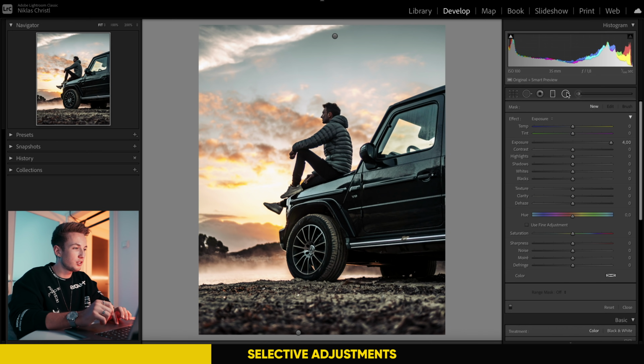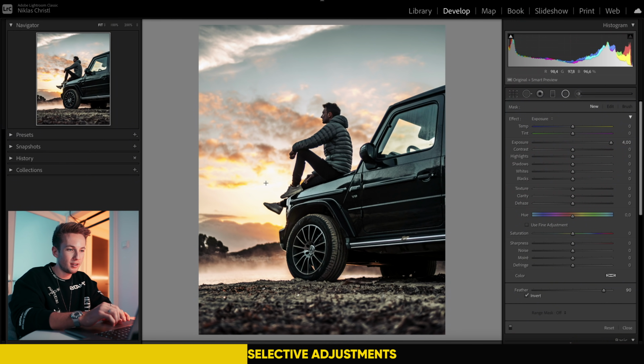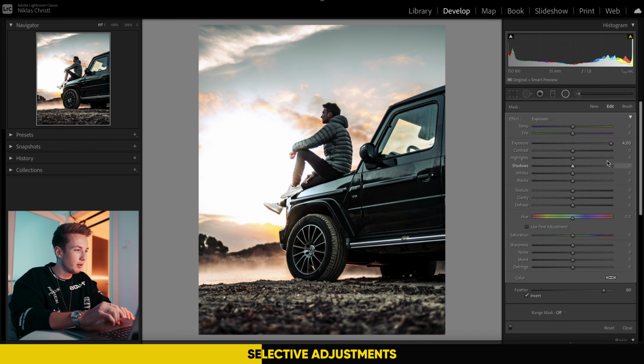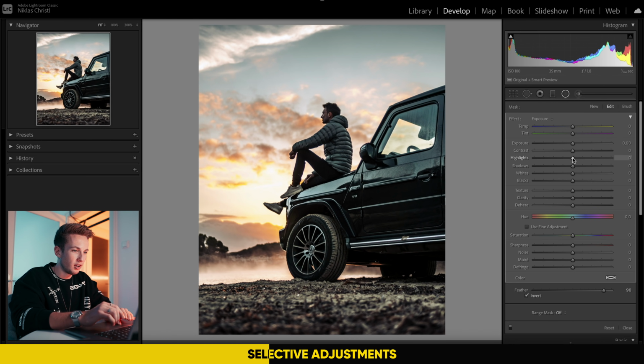Next up we're going to use the radial filters, and I use radial filters a lot to even out the exposures throughout the whole image, to make it all look a bit more polished, if you would want to say that. I'm going to make one right here, where I just drag it up. With this one, I am probably going to lower the highlights even more so that we have even more detail in the sky. And I'm going to bring up the saturation a tiny bit.